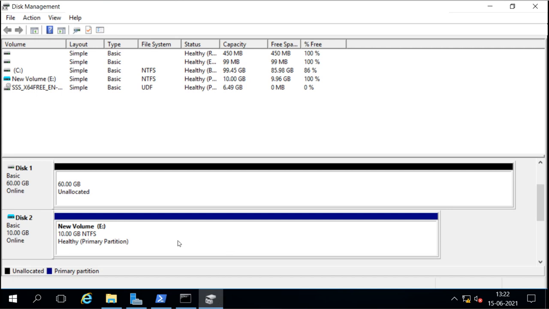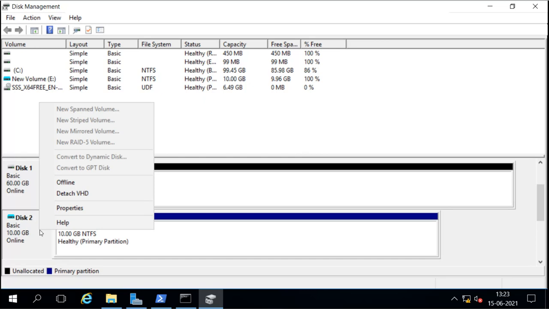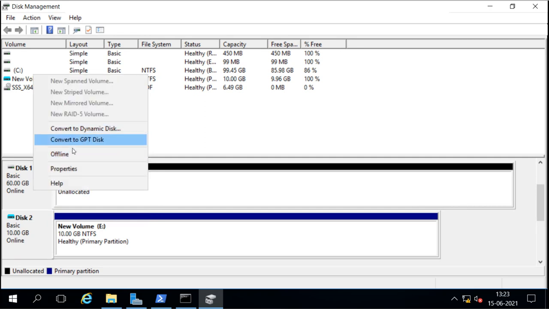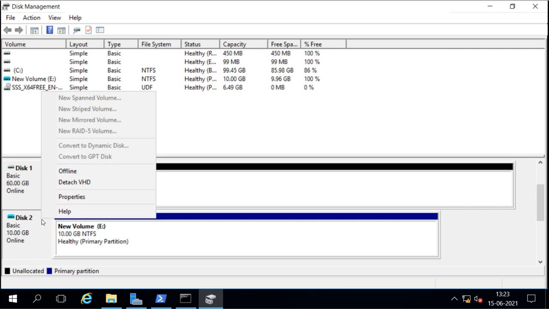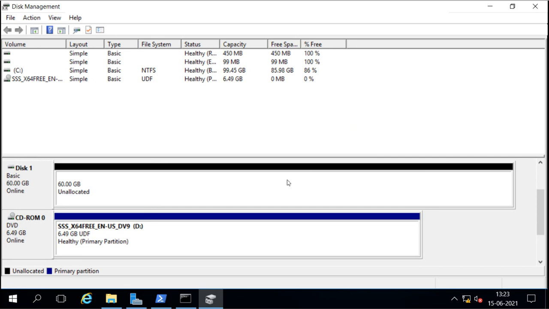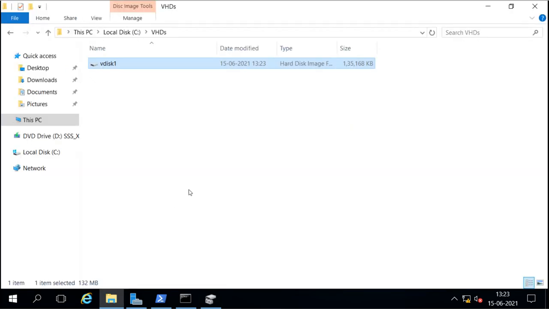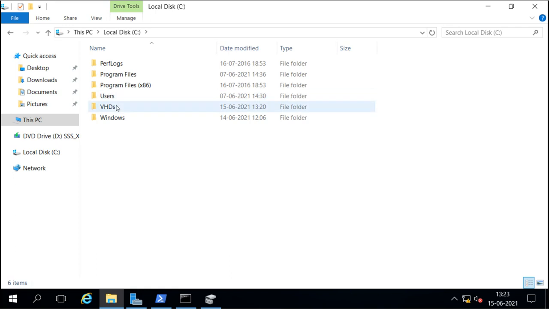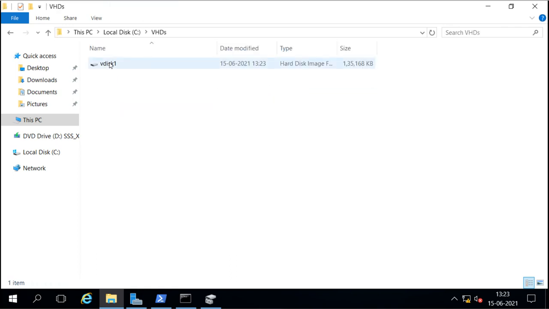Now when you right click on it, you have this option to detach. This option you will not get on a real, physical disk. Detach means, if you don't need it, then you can remove it from the server manager, and it will also not show up here under This PC because I have detached it. But it is not deleted, it remains there as a file, and whatever data we store in it will also remain there.